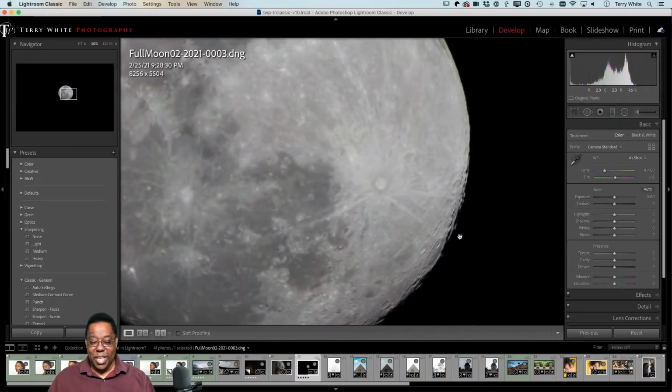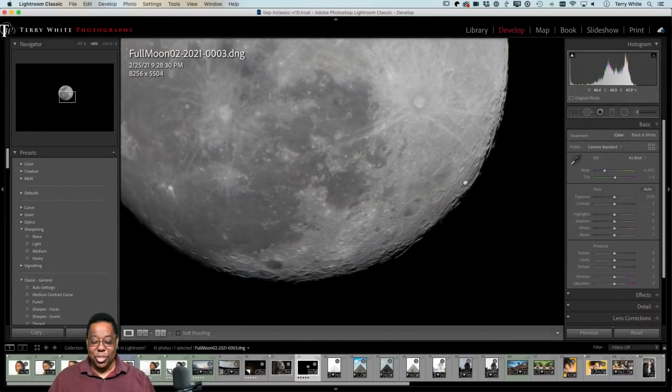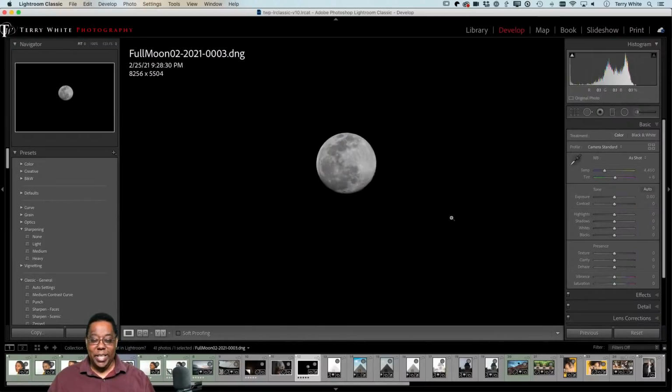So this is what I got, which looks amazing. I got craters, I got everything. This lens is super sharp, but because it's so far away, that would be the normal look to it. So let's say I wanted to crop into that. So you'll notice the resolution,